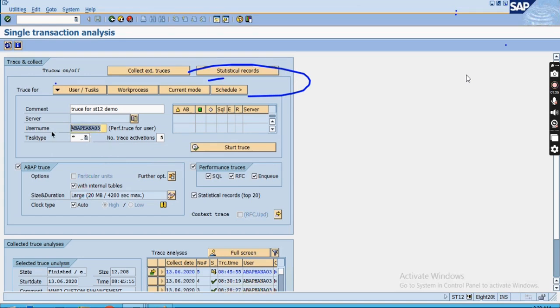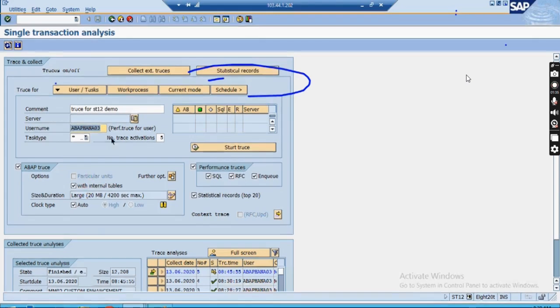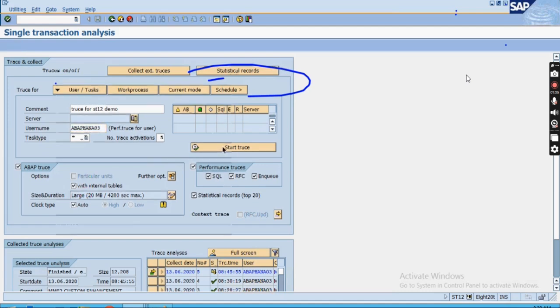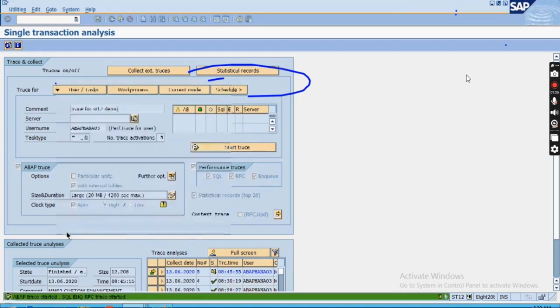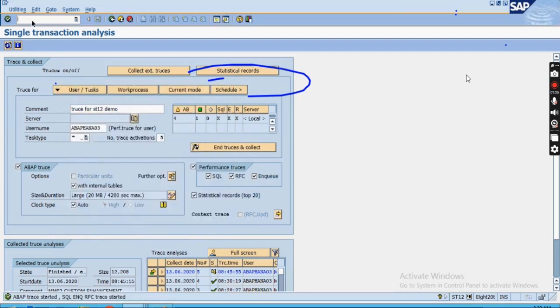So it will start taking the trace for that particular user. Task type, I want to select all the tasks. Click on this start trace. Once you click on this start trace, whatever you do,